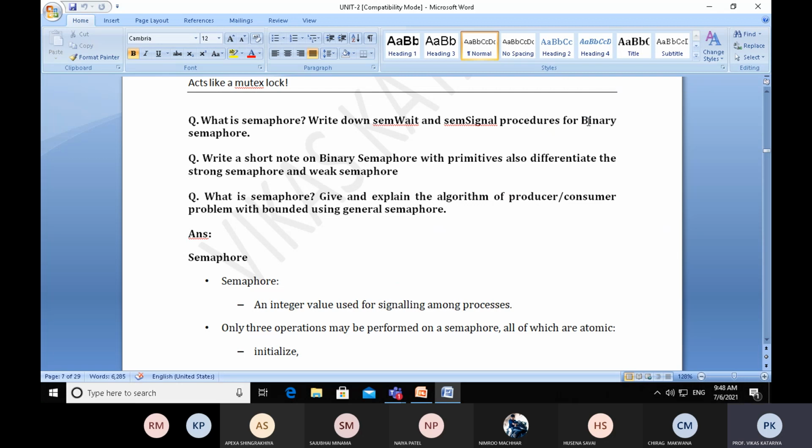As I told you in the last session, there are many kinds of semaphores. It may be a binary semaphore, it may be a decimal semaphore. Here the binary semaphore takes only 0 and 1. 0 indicates the critical section is empty and 1 indicates the critical section is filled with some process, and some processes are already inside the critical section and manipulating the data structure.